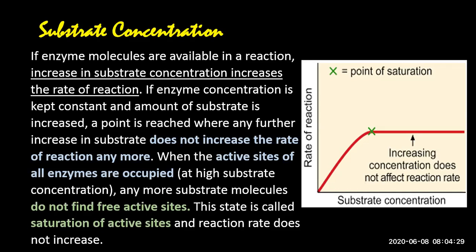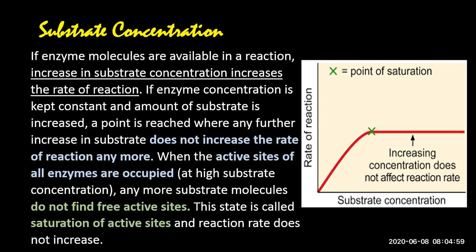Here, to check the effect of substrate concentration, we will keep the enzyme concentration constant. Let's say the enzyme concentration is 5. There are 5 enzymes in layman's wording, although we cannot count enzymes 1, 2, 3, 4, 5 at molecular level. But let's say, just for our sake, that there are 5 enzymes in the medium,